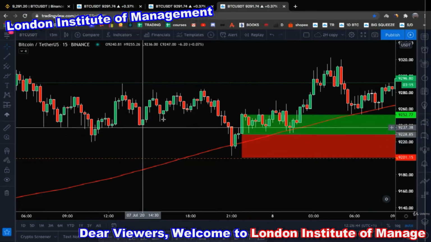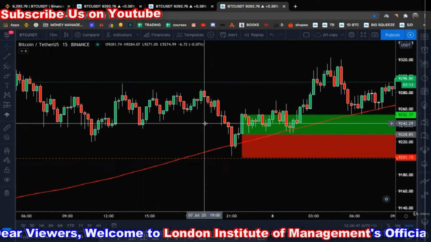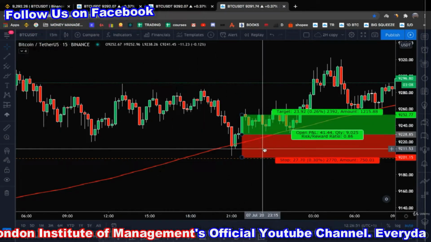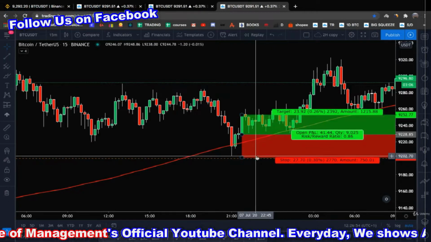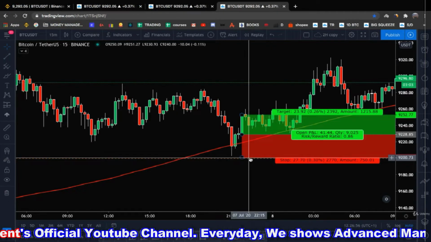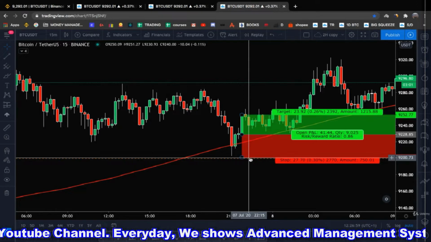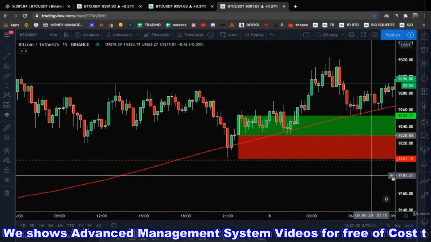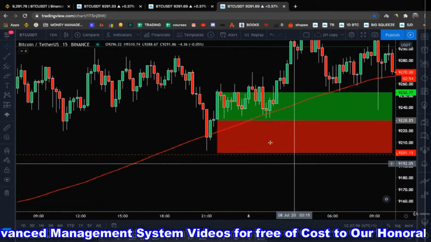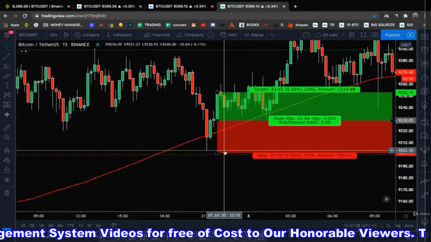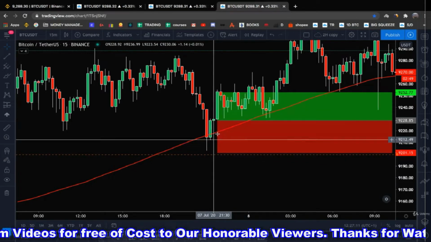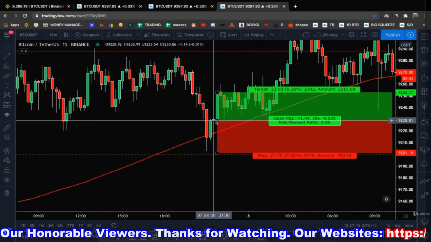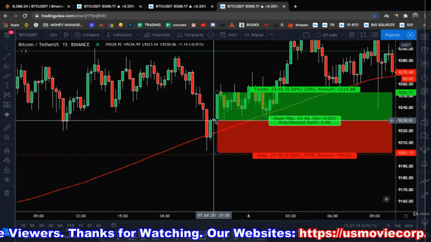So if you are risking 1% of your account, it means that if your account is $1,000 and the trade goes against you and you are losing $10, you are going to be stopped out, you are going to exit, right? Because you don't want to lose more than 1% of your account on a single trade. What is happening here, however, is that the stop loss is closer than 1%. So what does that mean? It means that you will have to enter a trade that has a position size bigger than your trading account, right?